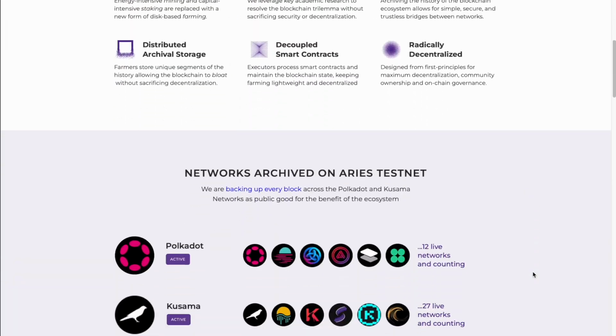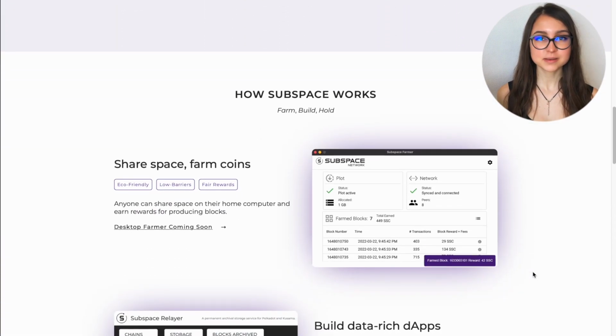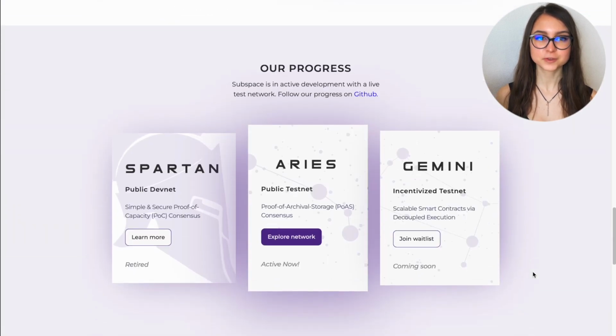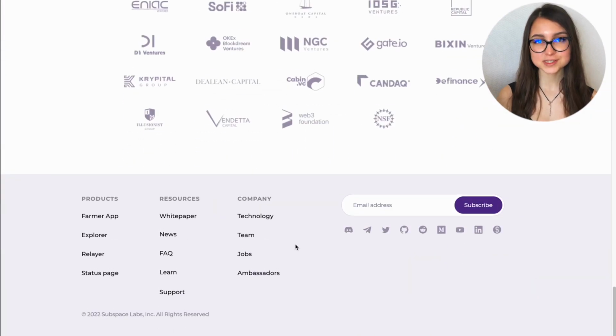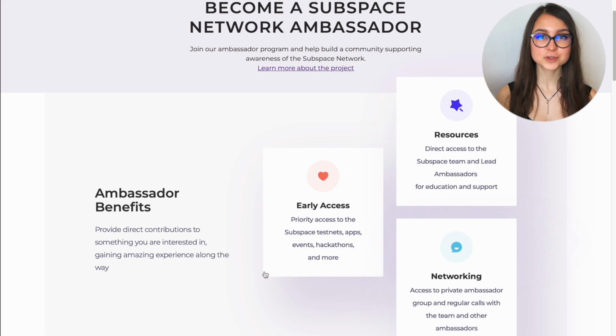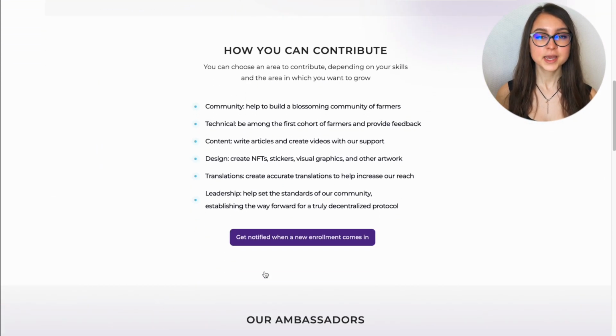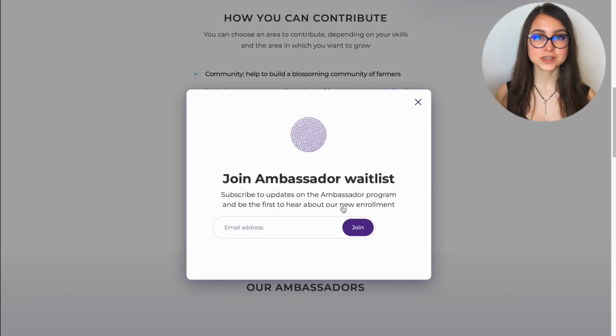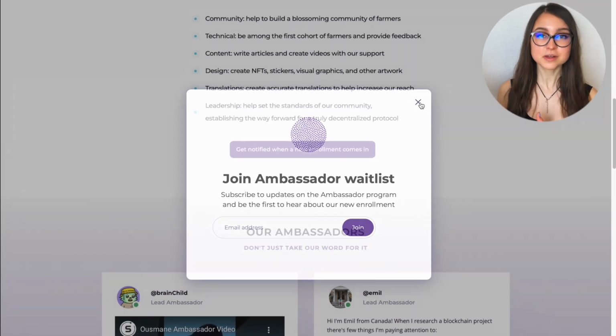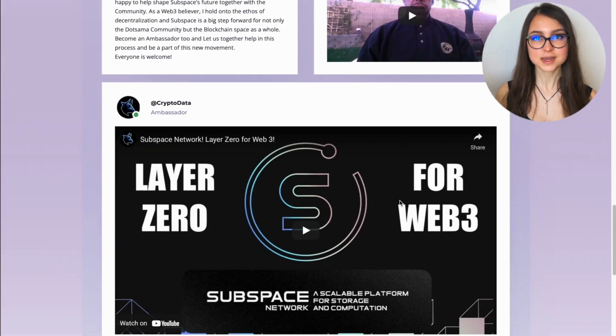Additionally, a community token sale is planned before the launch of the mainnet. However, it is likely to be available only for those who were early participants in the community or those who participated in the incentivized testnet. And the launch of the mainnet is planned at some time this year. Unfortunately, I haven't found any more specific information. Subspace Network also has an ambassador program which you can apply to through the website. However, the second round of applications has already finished, but you can still apply in advance for the third one that is coming in the future.